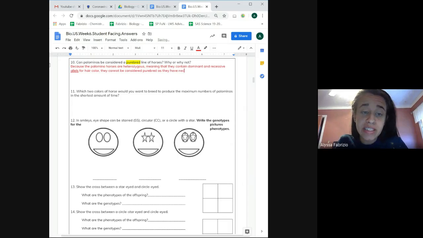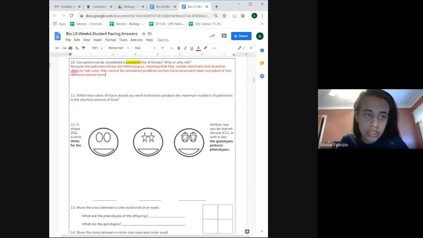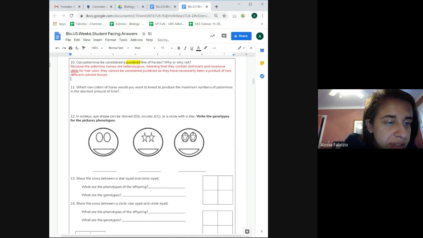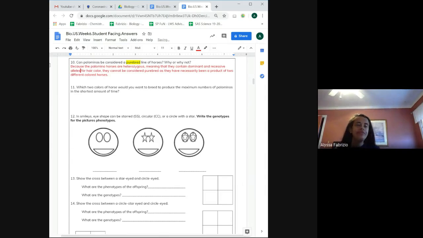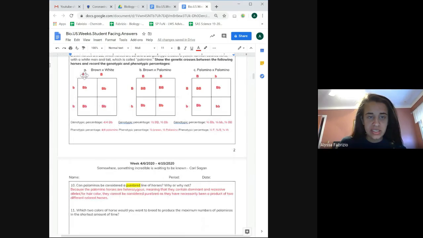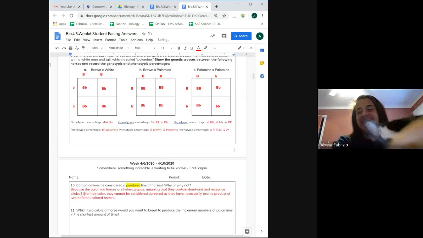as they have necessarily been a product of two different colored horses. I am having a really awful time spelling. So basically what this means is because they are necessarily produced by a dominant allele versus a recessive allele, they cannot be this purebred line of horses, because purebred implies that